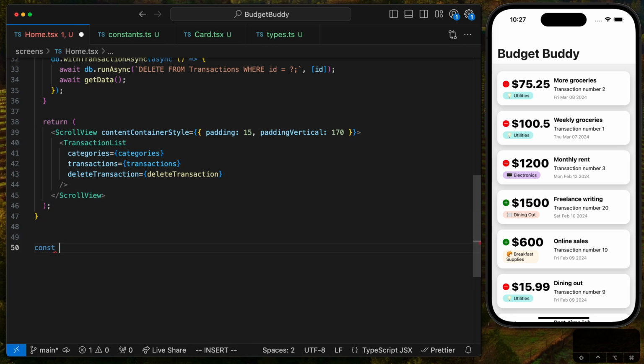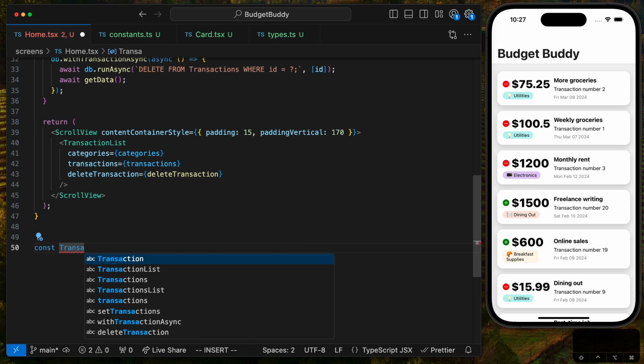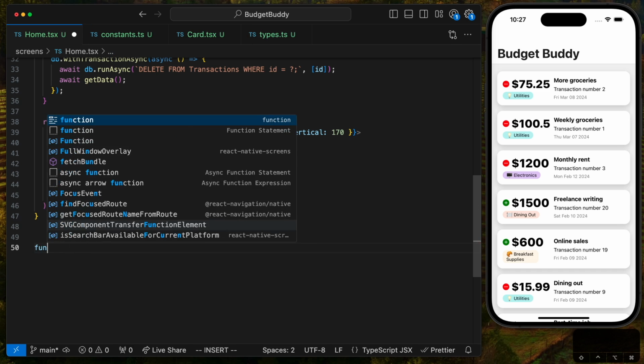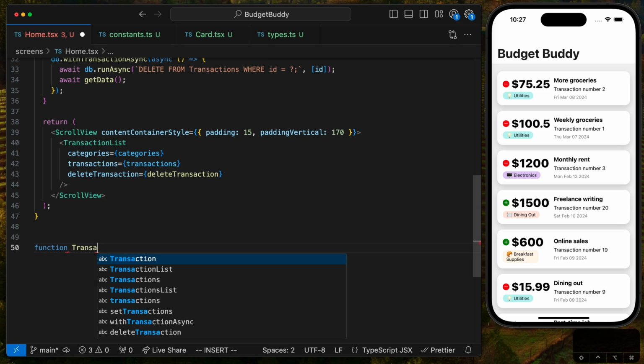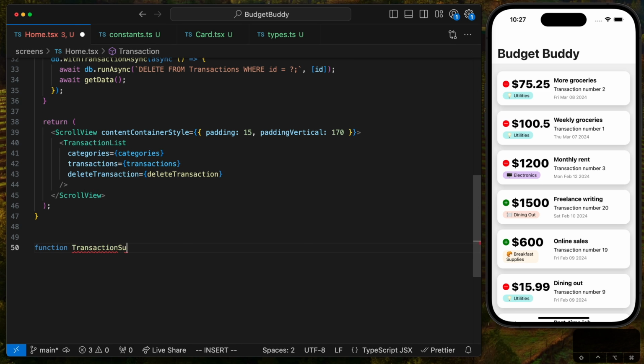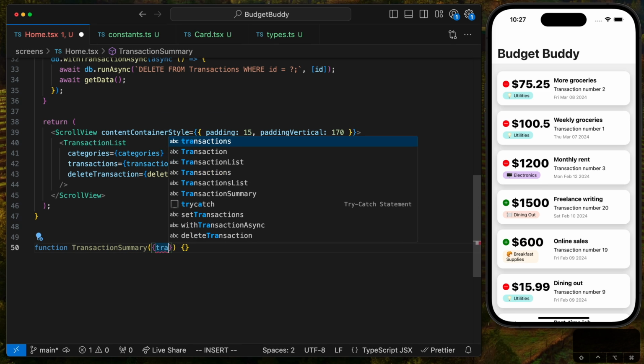So let's say function transactionSummary, because I want to show the user how much money they have spent, what things they are buying with their money, and how they are spending their money, right? So this is going to receive